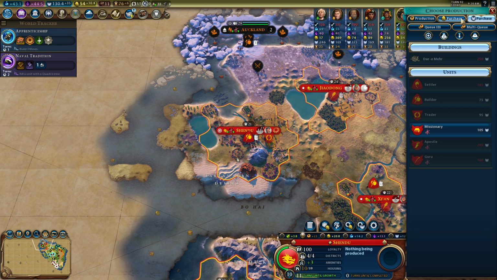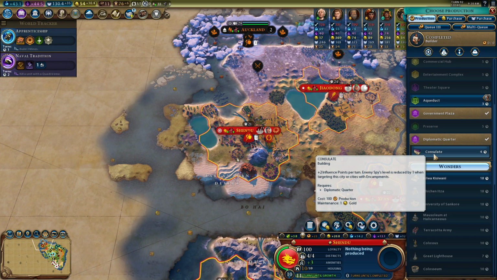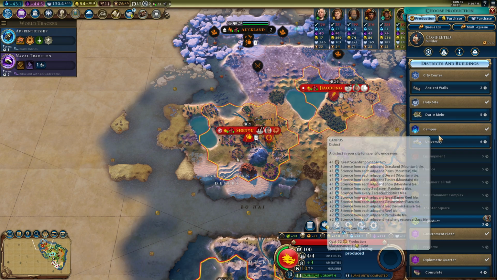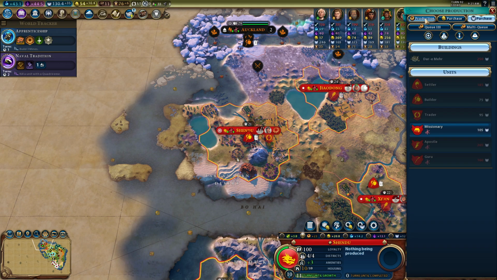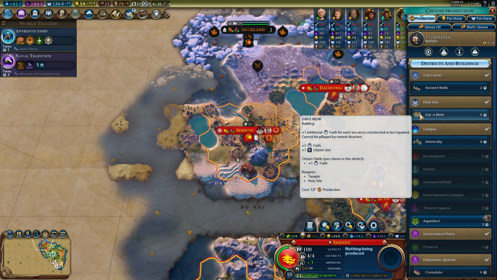Okay, so fresh builder ready here. Consulate will be done in 4 turns now. Extra influence per turn wouldn't be the worst thing. Also, extra science per turn wouldn't be the worst thing. But another thing that wouldn't be the worst is another settler. Although I think I can probably buy one with faith in just a few turns. So I think what I will do...